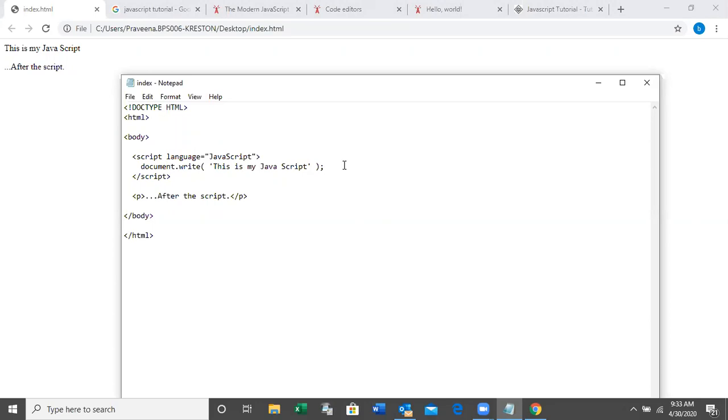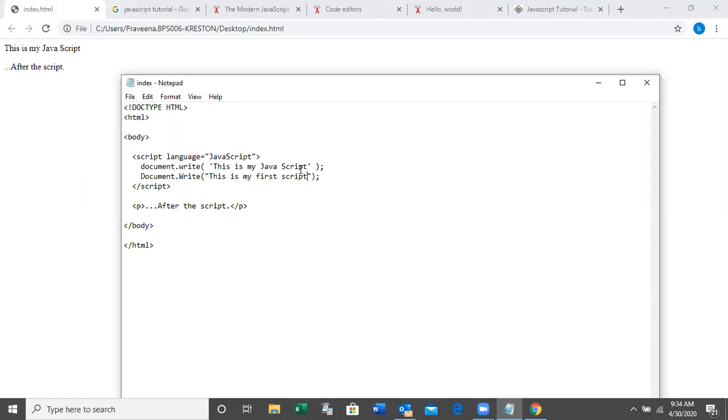So if you want to write a next text, document dot write, this is my first script. See what is the output you can see.